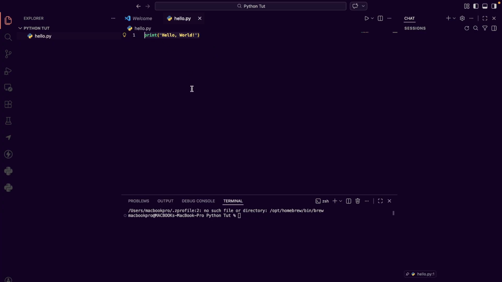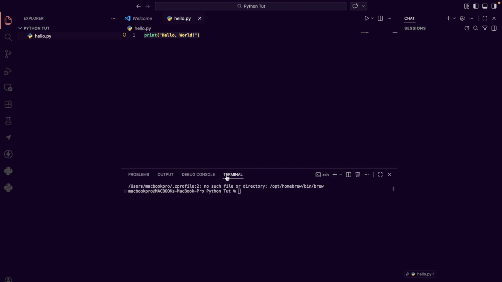So anytime you want to see the results of your code in Python, this big space here is called the terminal. Inside the terminal you run some few commands to start your program running to see the results. If you want to run a program in Python using the terminal, first thing you're going to type is python.